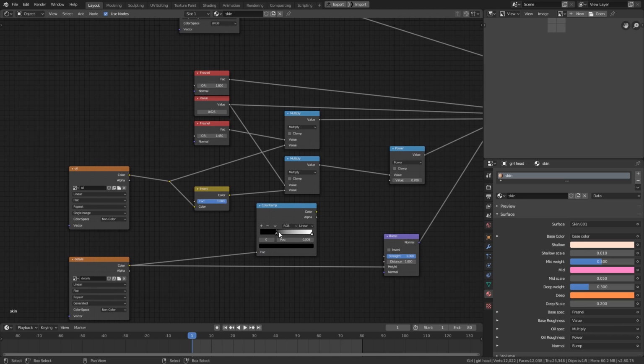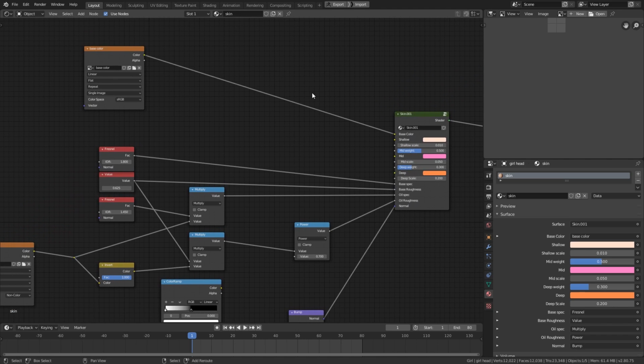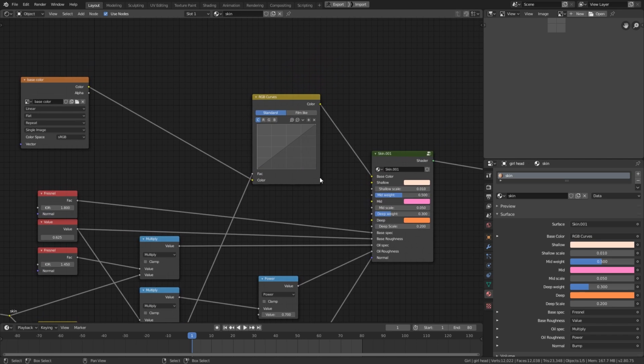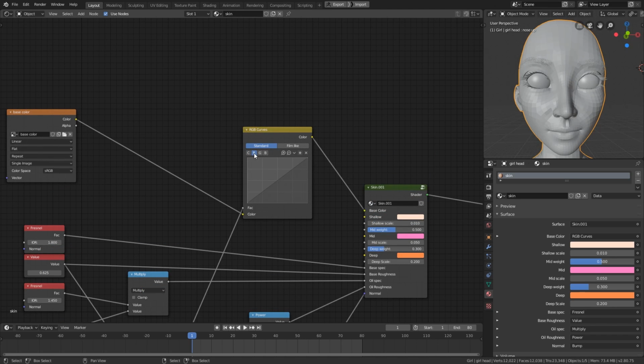And bring the black key to the center. Set it to 0.5 so that it stays exactly in the center. And move the white key to the left, like that. And up here create an RGB node and connect the color ramp to the vector of the RGB node, like that, and lower the color a little and go to the red channel and bring up the red channel a